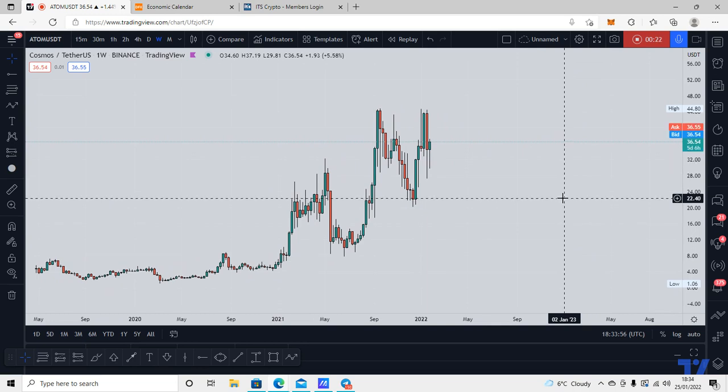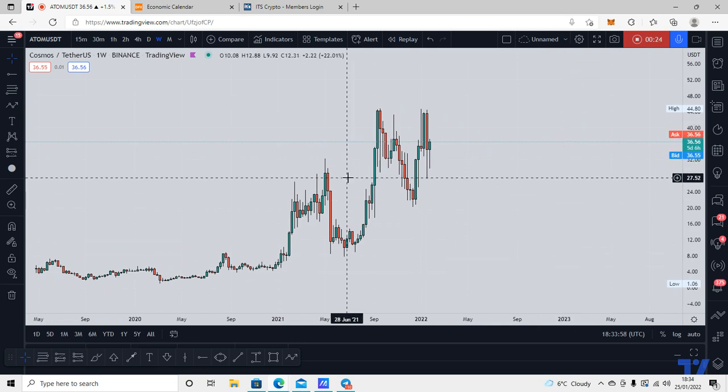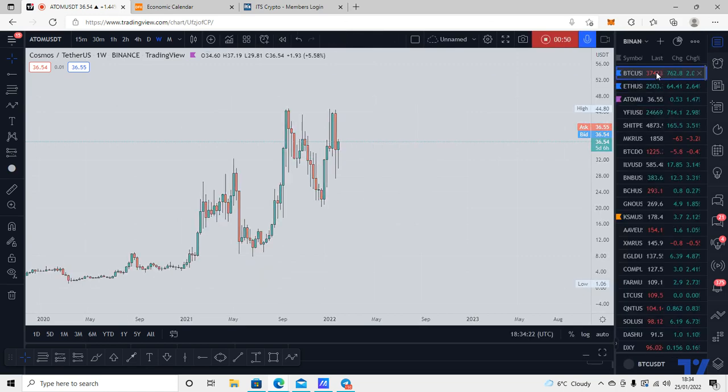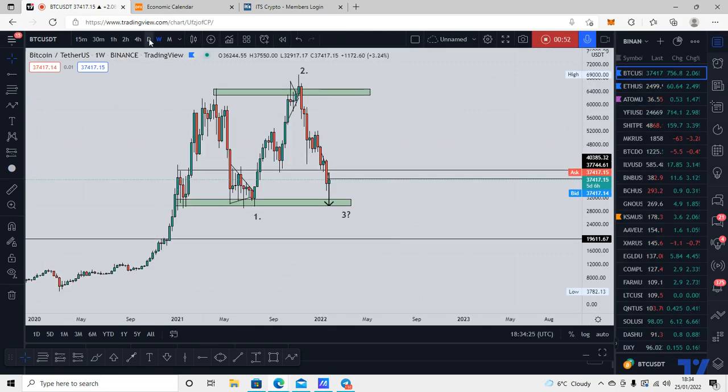Top-down price action analysis. So first things first, tomorrow evening, very important news at 7 p.m. GMT is the Fed interest rates decision. Now, we all know that BTC is making a small bounce. If you watch my Bitcoin update, then you would all know that I have a bearish bias. Let's just quickly look at BTC again. I think that this bounce that we are seeing on BTC is just a minor correction,